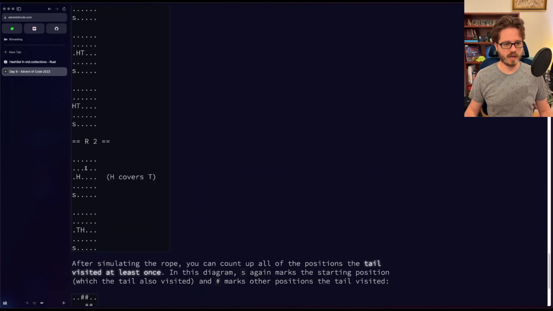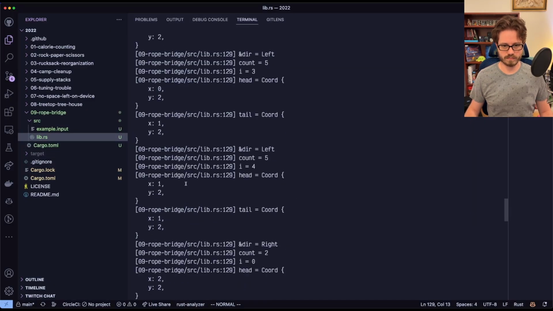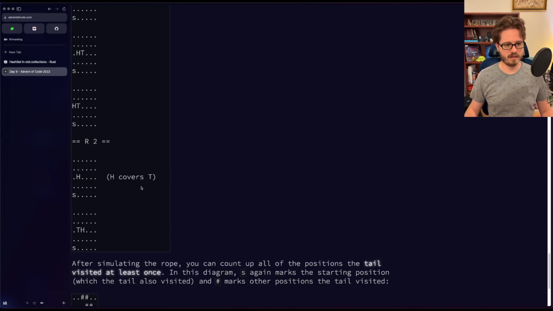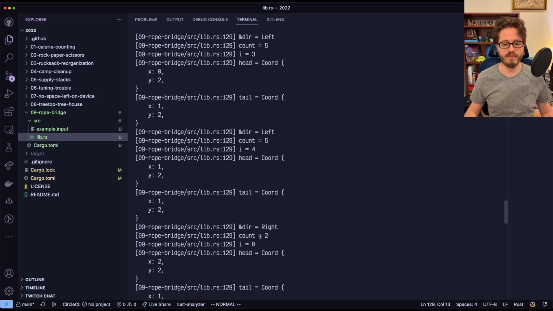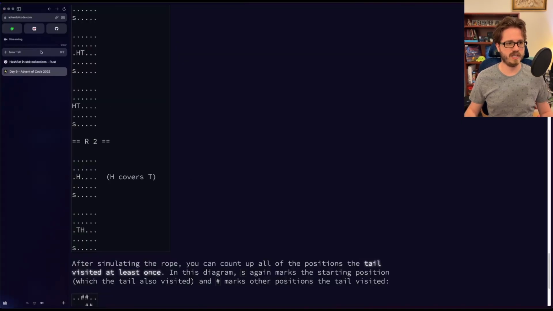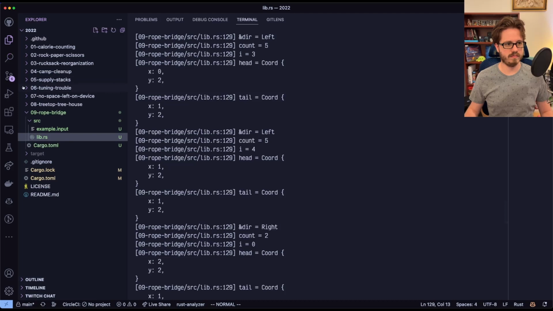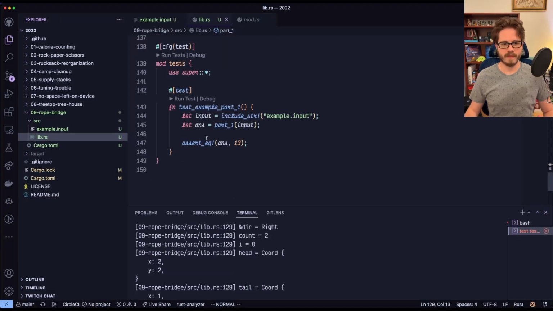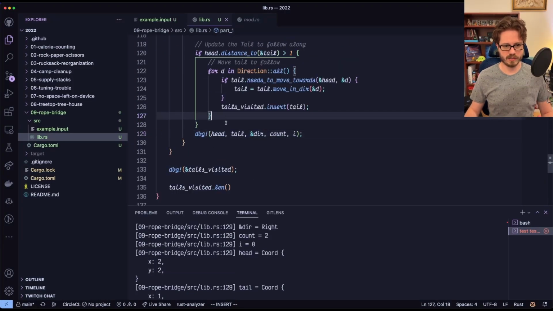Okay, so when we're going right at the end, yep. When we're going right at the end, after the first time, the head should cover the tail. Okay, so right before we go right. It would be cooler if somehow these debugs were grouped together. I'm not sure how I would even make that happen. Yes, maybe I do. Let's try. Let's try. Can I do